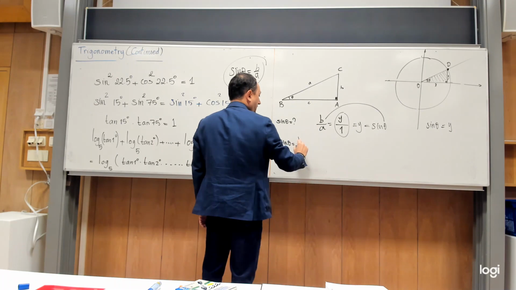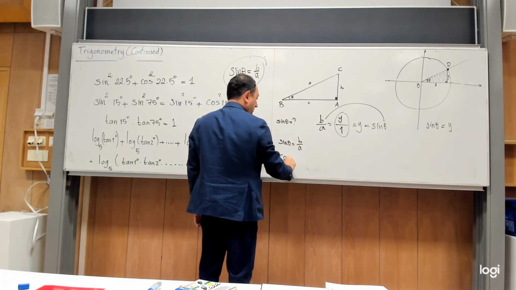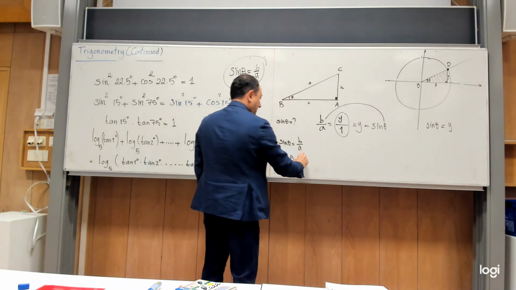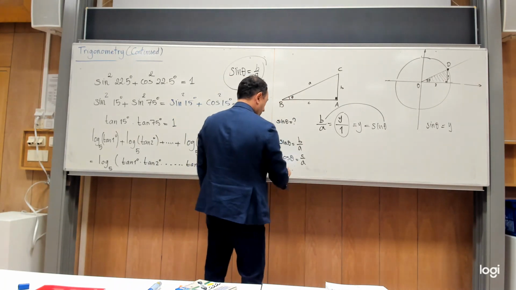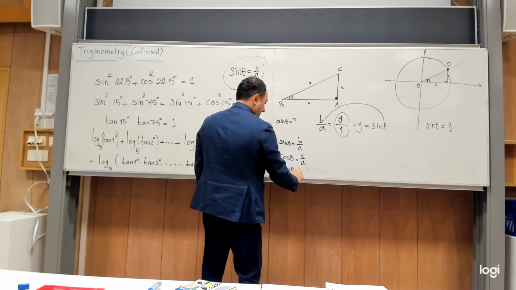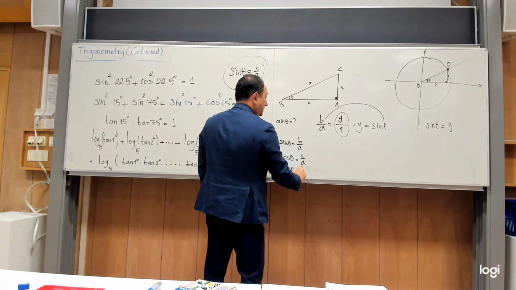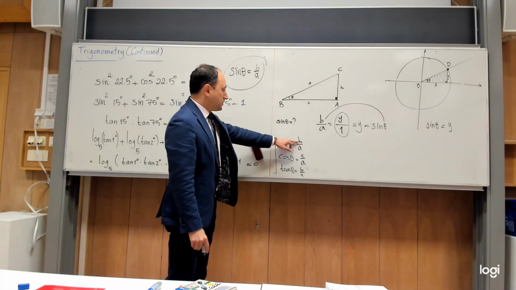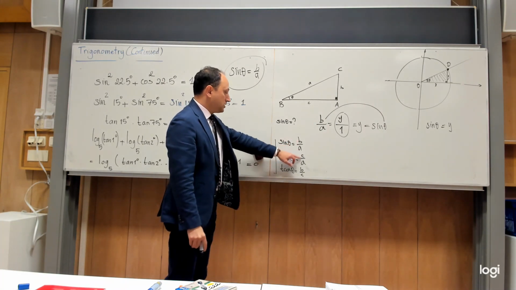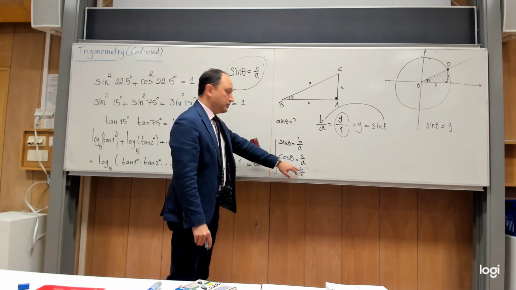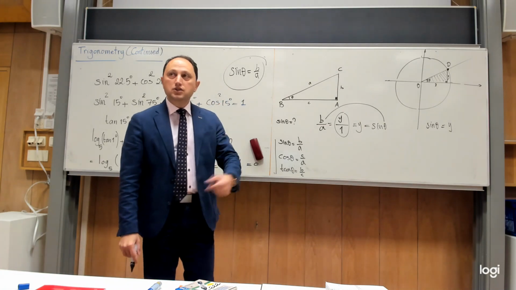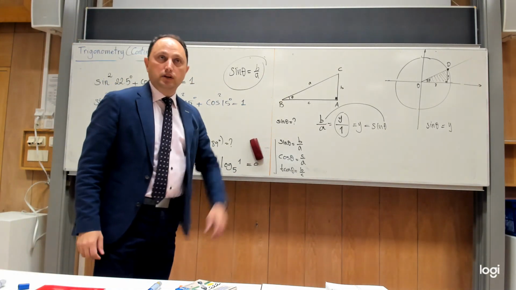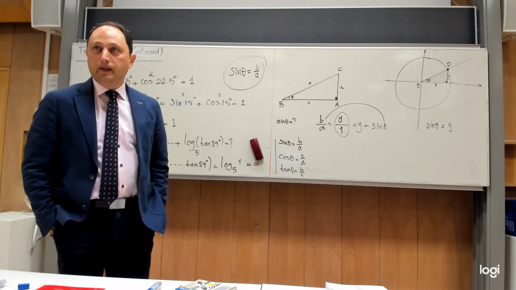Is b over a. What is cosine of theta, do you remember? C over a. And what is tangent of theta? B over C. Yes. So opposite to the hypotenuse, adjacent to the hypotenuse, and opposite to the adjacent. So these are immediate consequences of what we already know about the unit circle. Is that understandable? Okay, so now